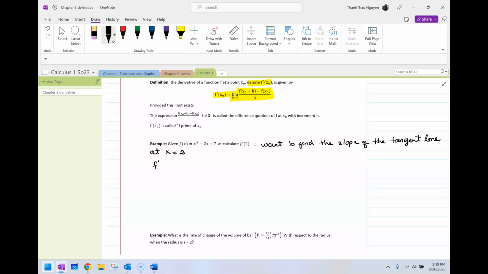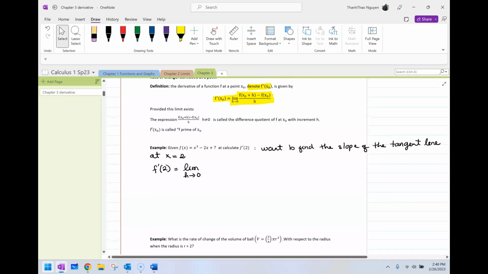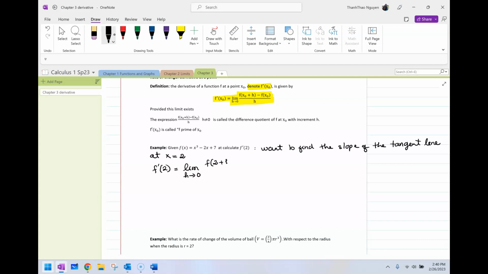So f prime of 2 is equal to the limit as h approaches 0 of the difference quotient, that is f of 2 plus h minus f of 2